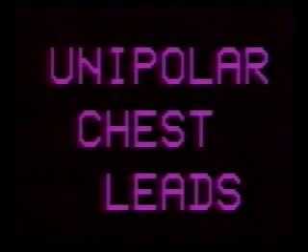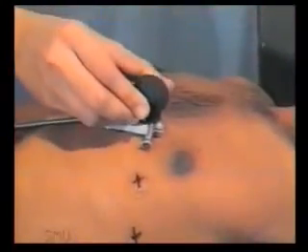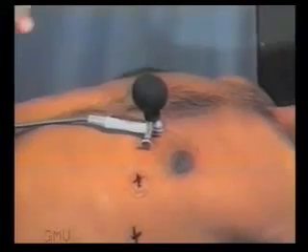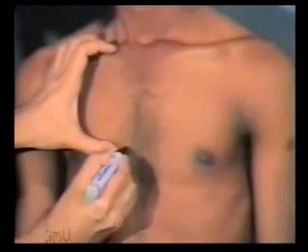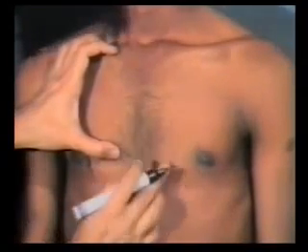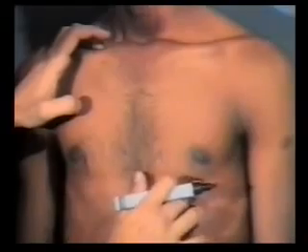The chest leads are recorded with an exploring electrode placed at various points over the chest, while all the 3 limb electrodes are connected together to form the neutral electrode. The points are marked as follows. Palpate the sternal angle. The space just below the sternal angle is the second intercostal space. Mark the fourth intercostal space at right sternal border as V1. Then mark at the same level, that is in the fourth intercostal space at the left sternal border, as V2.